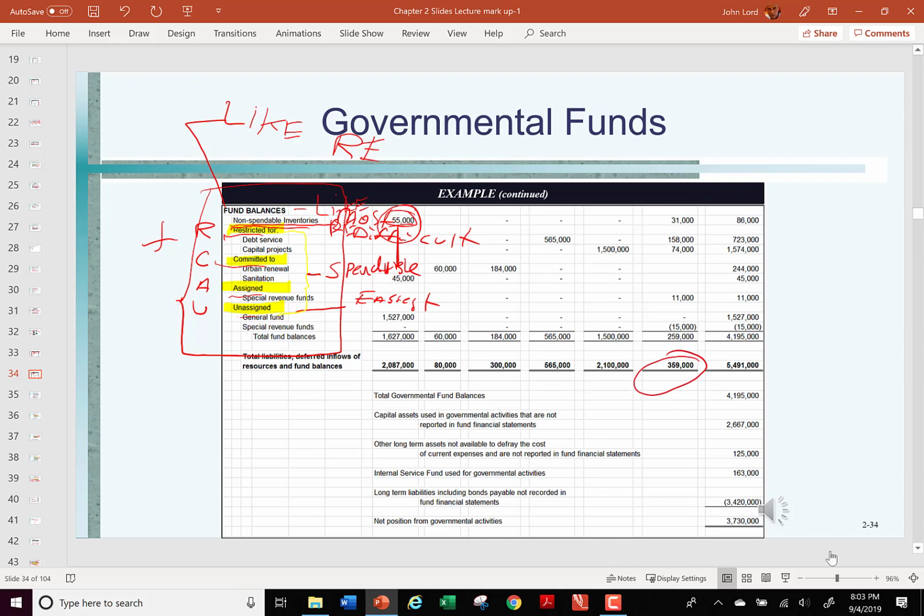Something that's restricted, a little easier to spend, but you have to spend it in compliance with the restriction. Something that's committed, a little easier, but you have to spend it in the context of whatever the commitment was. Assigned, a little easier, but you have to spend it in accordance with whatever the assignment was. Unassigned means you can spend it however you see fit. Now, I gave you a mnemonic for the spendables. This is the order from most difficult to easiest. And the mnemonic for the spendables is